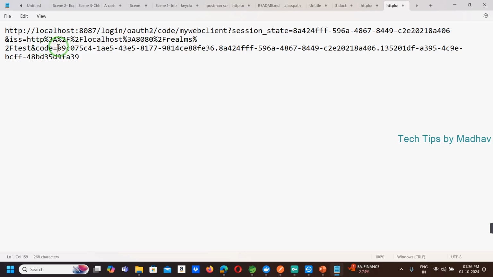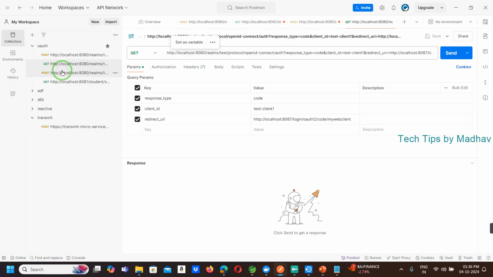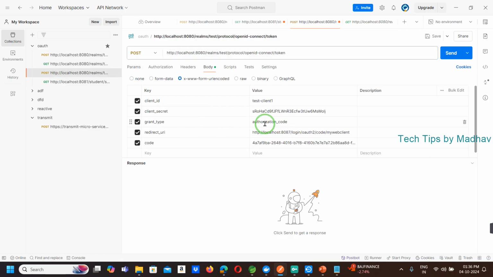We need to copy this and go to Postman, where there is a Postman call for getting the token. So this is the authorization code flow, and there is a property code. We need to enter the value here. Now if I send this request,